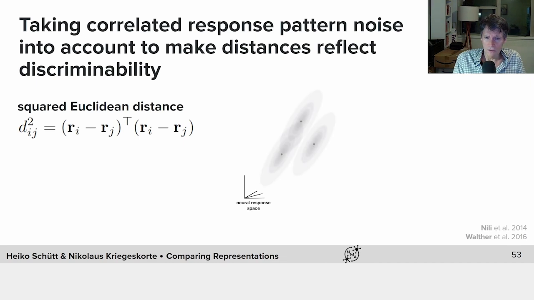If we use the squared Euclidean distance naively, we could have this case where we have a large Euclidean distance, but the displacement between the two patterns is in a direction in which the noise is very large as well. So the stimuli are actually quite confusable. If you were given a response pattern from one of these two distributions and you were supposed to tell what the stimulus was, you'd make a lot of errors because these distributions are very overlapping. And even though this is the longest of the three Euclidean distances here, it's also the most confusable pair